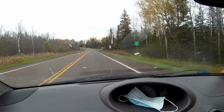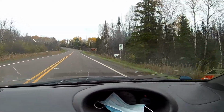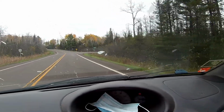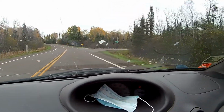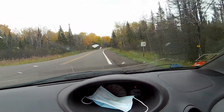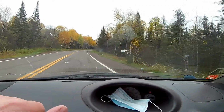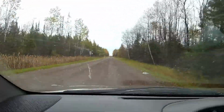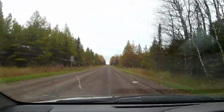Right, we're getting pretty close to the trailhead. You can see there's some brown signage there. And we're going to turn on Normanna Road. It's just a little ways down here. The pavement ends, off-roading here. We're really close, and